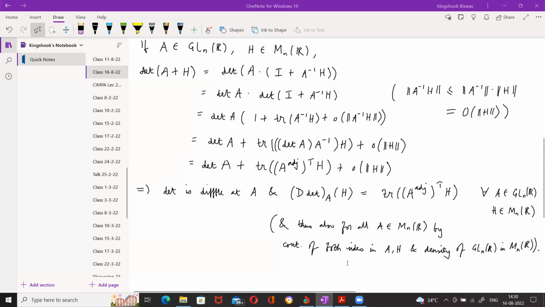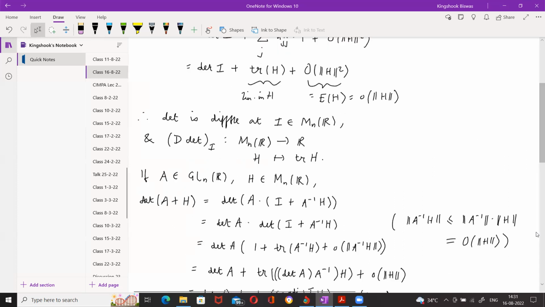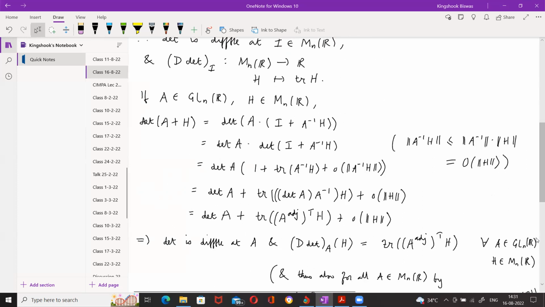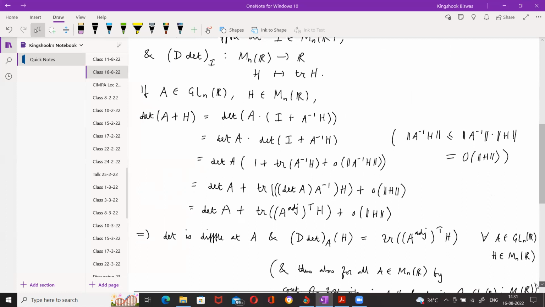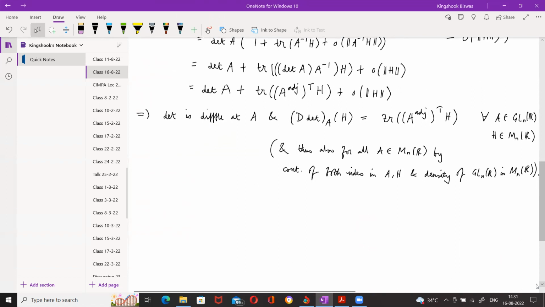So this calculation will be important for us later when we talk about the Laplacian. Because the determinant essentially is related to volume, right? It's a signed volume. And so the derivative of the determinant means the change in volume under small perturbations. The change in volume is the trace. Actually, in simple examples, that's easy to see. You see, the derivative of the determinant will be the trace,